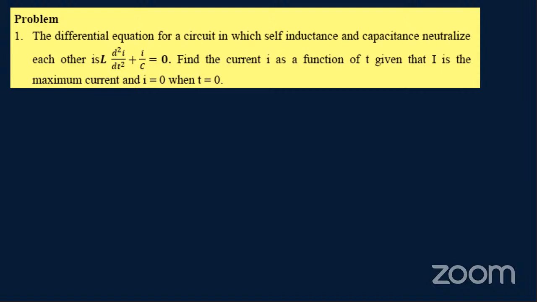The differential equation is given. Then we need to find the current I as a function of t, given that I is the maximum current when I equal to 0, and when t equals 0, initially I equal to 0. So what we have given is 1